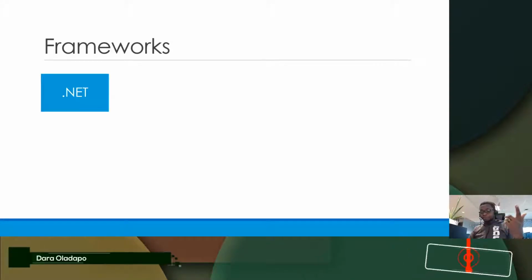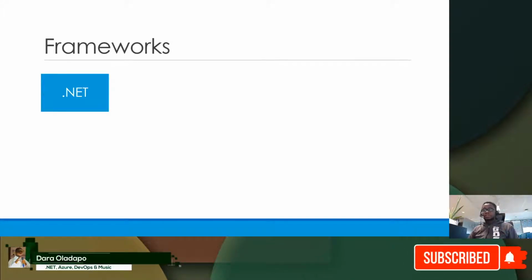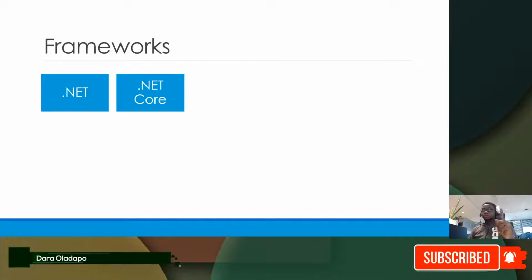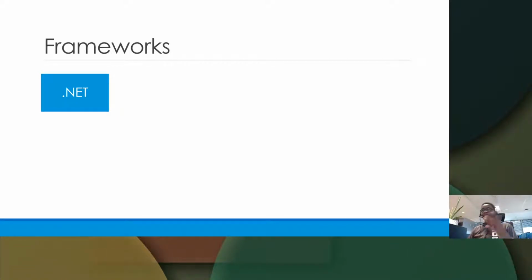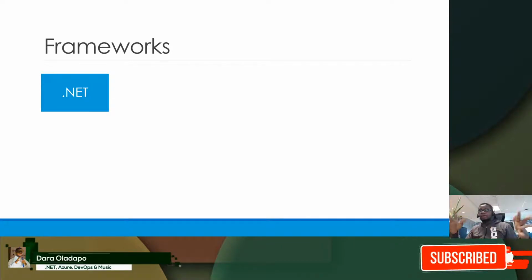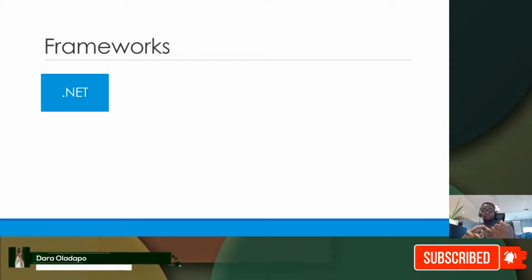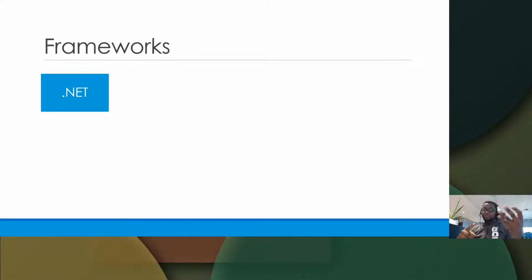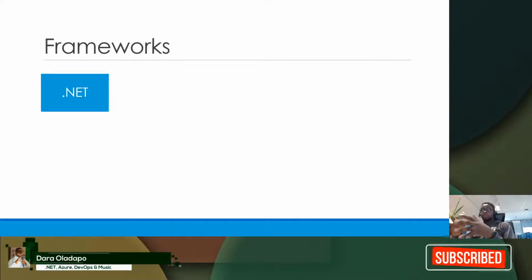The first one that I'll talk about is .NET. .NET is Microsoft's framework for writing code. This should not be confused with .NET Core, which is cross-platform. In old times it used to be C sharp, VB, F sharp. That is .NET. .NET basically only works on Windows devices.